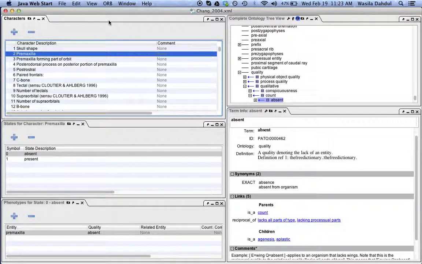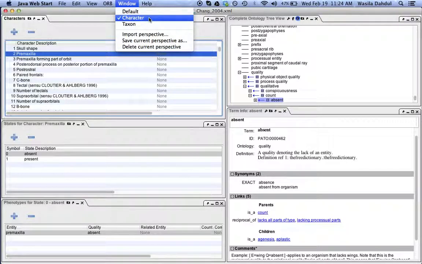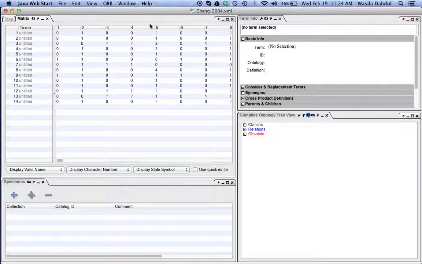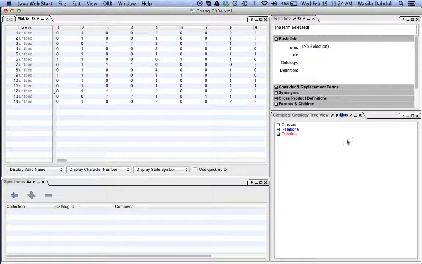You can also view the matrix and taxon list associated with this file by going to the taxon configuration. And that's located in this window drop-down view. So here we have the taxon configuration displayed. We have the character configuration displayed, and below it we can select the taxon configuration. It takes a moment to update, and here you've got the two ontology related panels to the right,